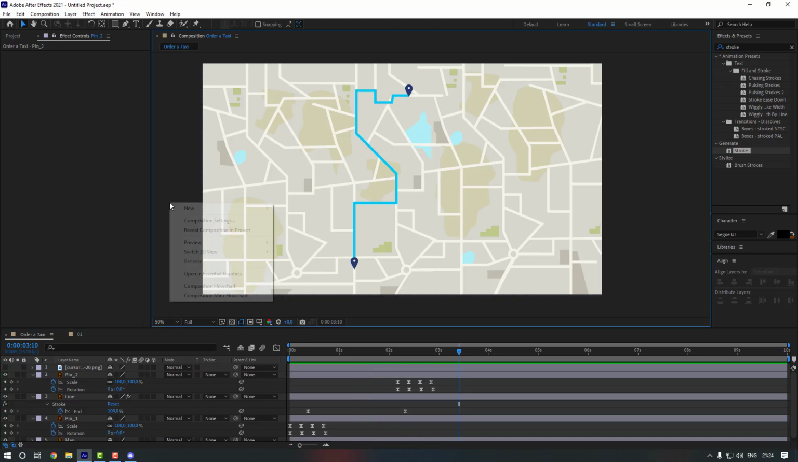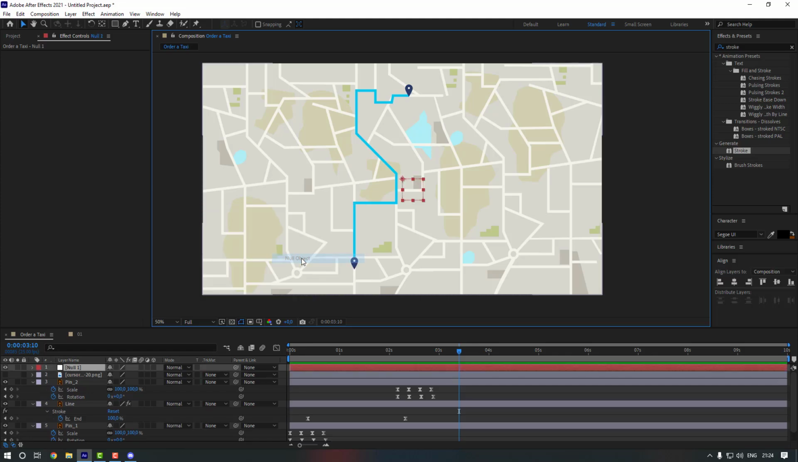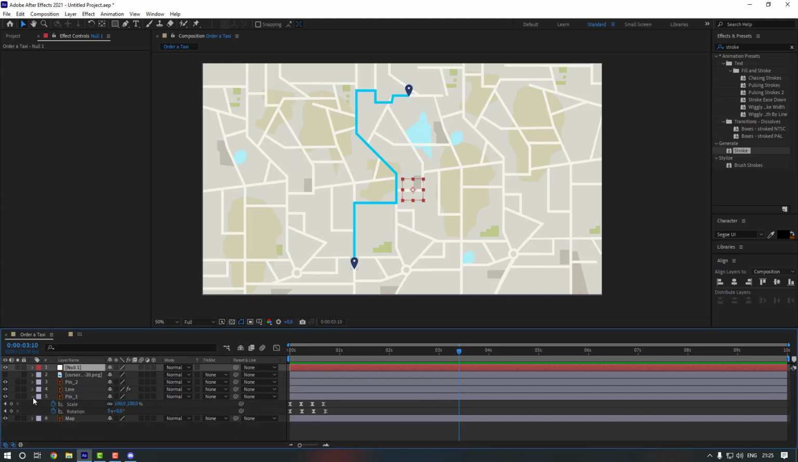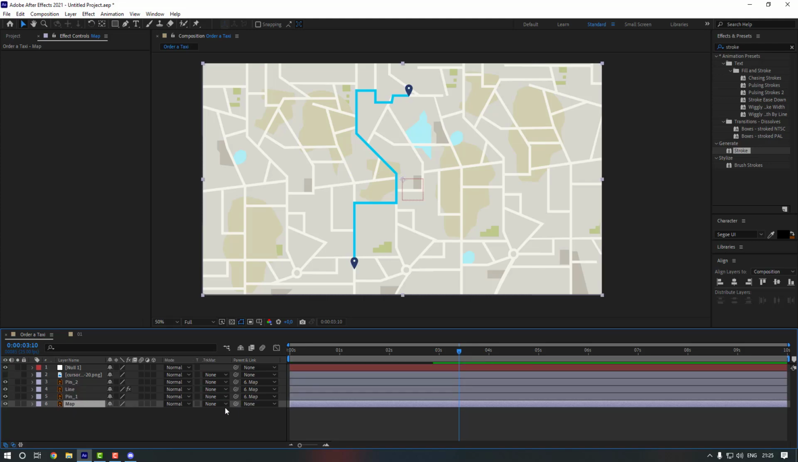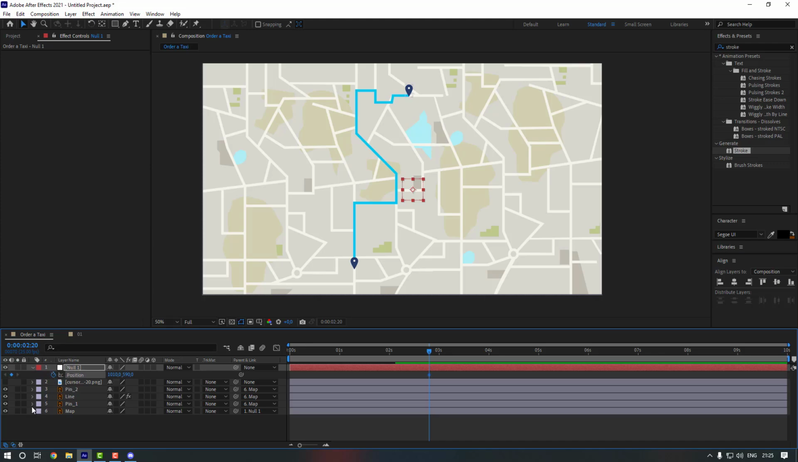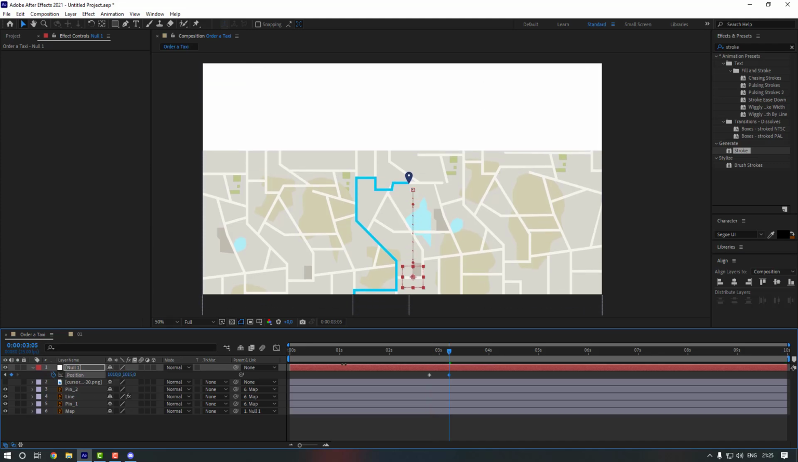Nice, and now let's make a new null object like this and let's hold Ctrl and double click to here and let's close this keyframes. Let's select pin 2, line and pin 1 and let's link them to the map and select this map, let's link it to null object and let's select this null object, press P, make position keyframe, go to 10 keyframe, let's move it to the down like this